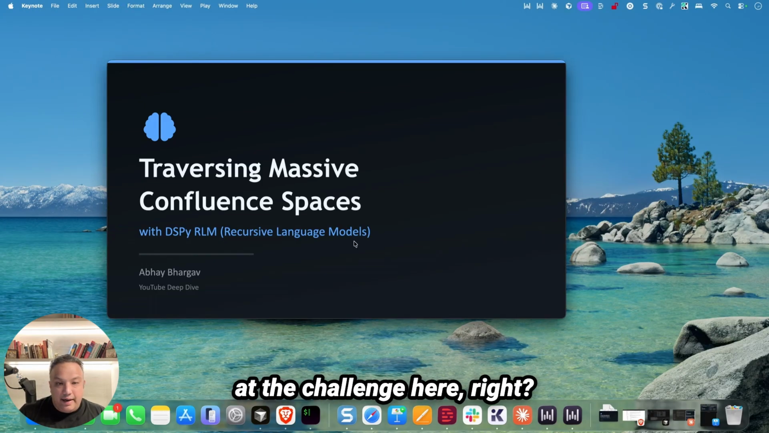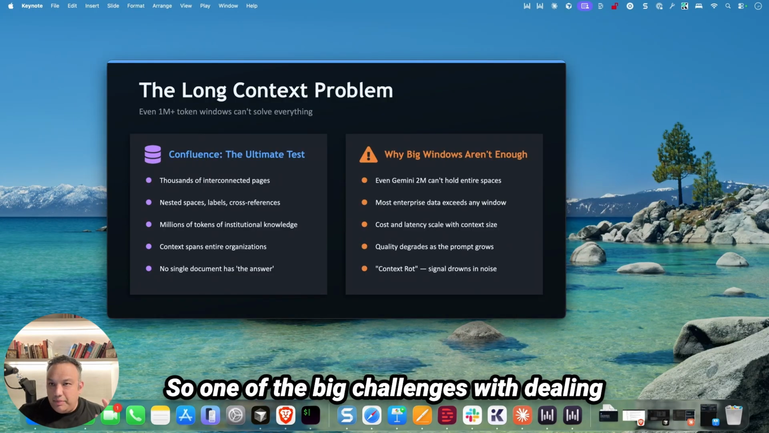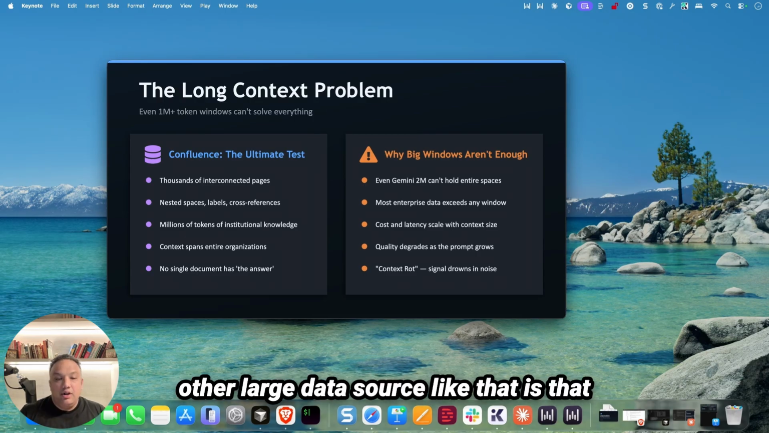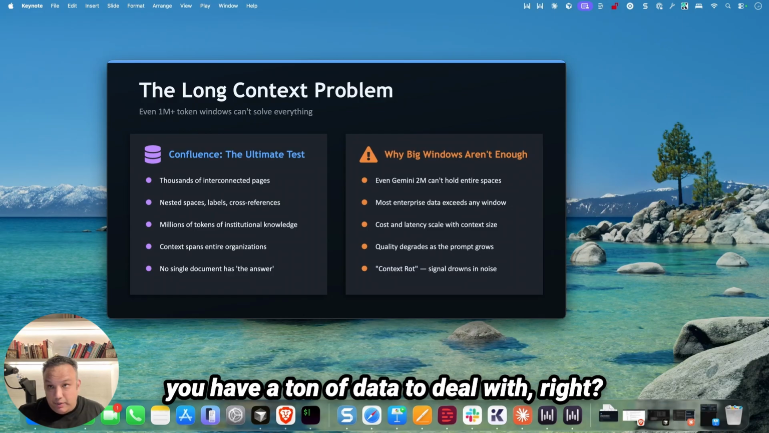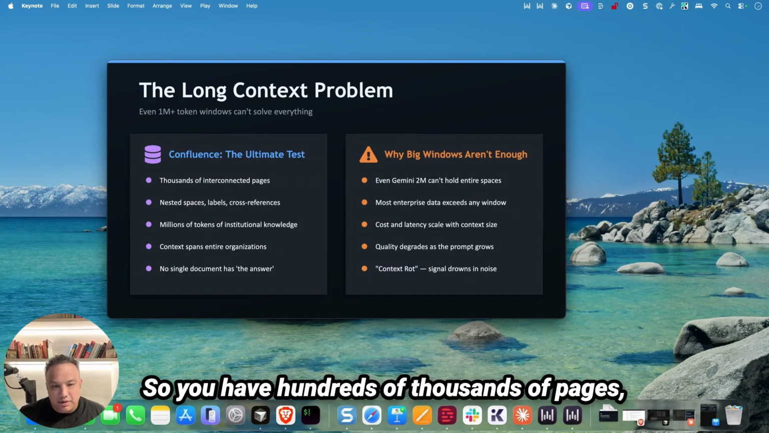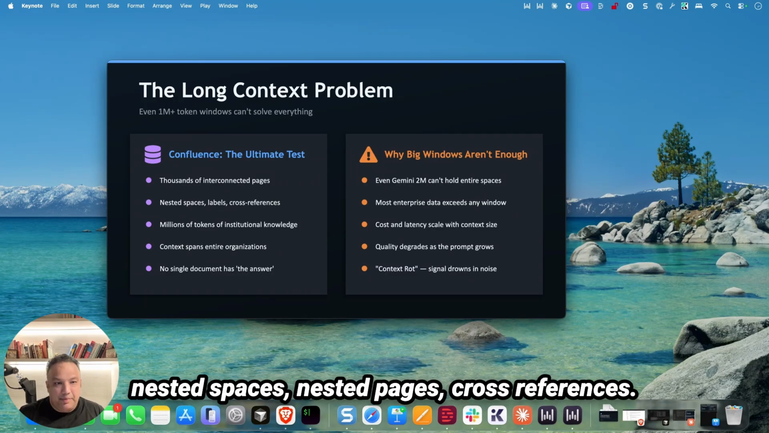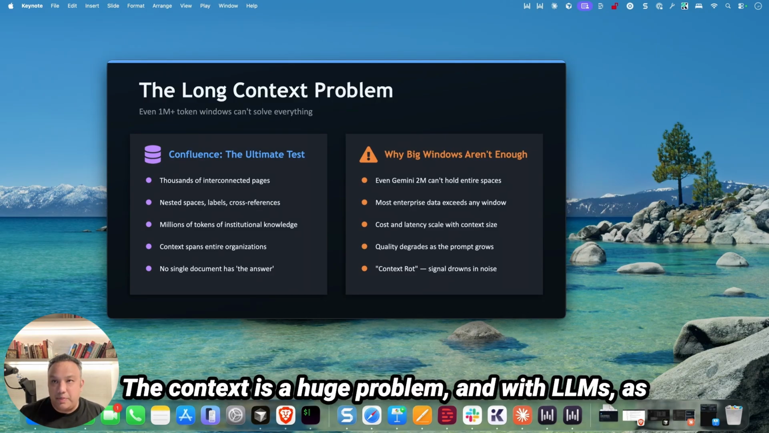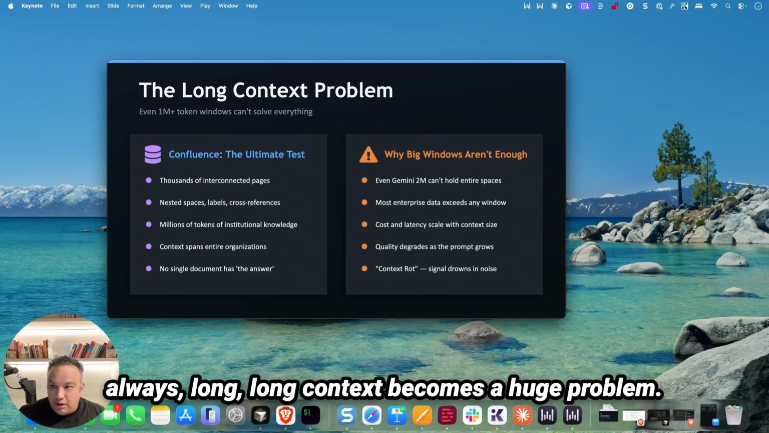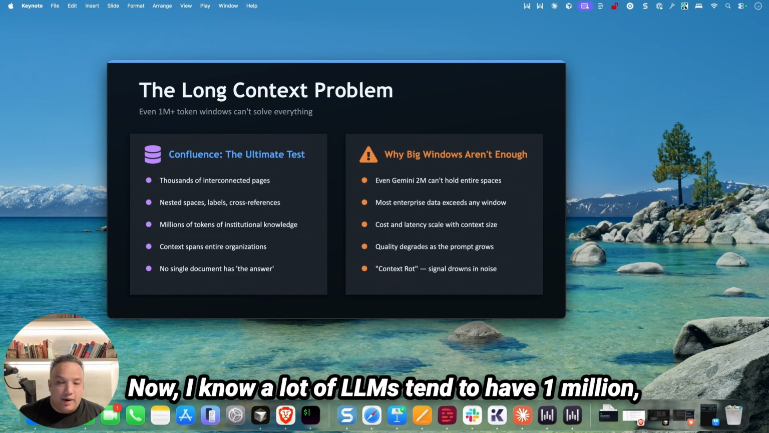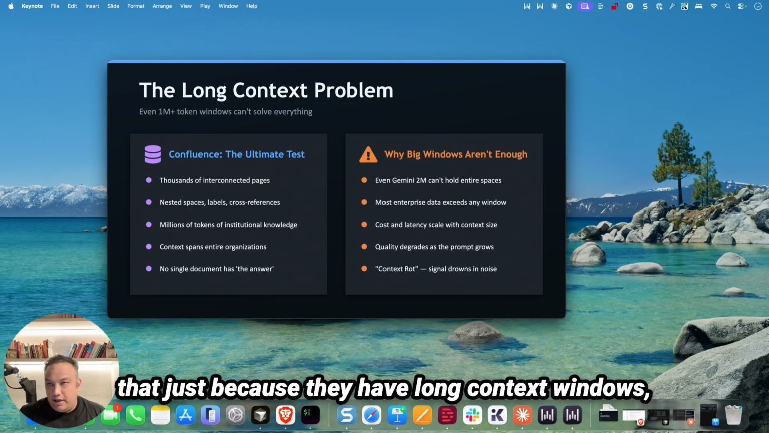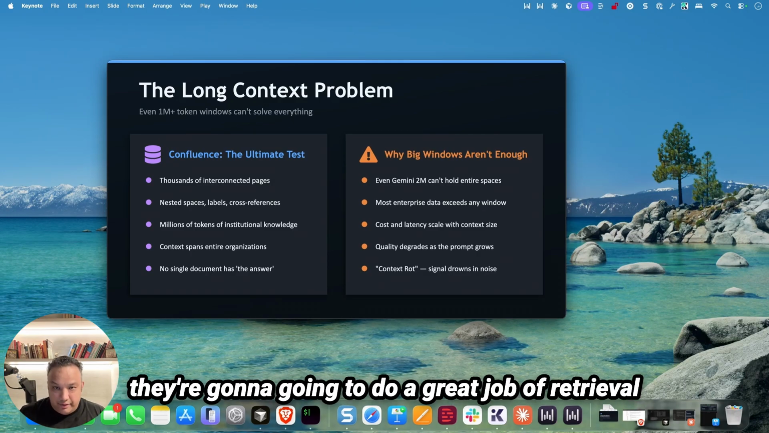Now we are going to look at the challenge here. One of the big challenges with dealing with something like Confluence or any other large data source is that you have a ton of data to deal with. You have hundreds of thousands of pages, nested spaces, nested pages, cross references, all of that stuff. The context is a huge problem, and with LLMs, as always, long context becomes a huge problem. I know a lot of LLMs tend to have 1 million, 2 million context windows, but that doesn't mean that just because they have long context windows they're going to do a great job of retrieval or analyzing a